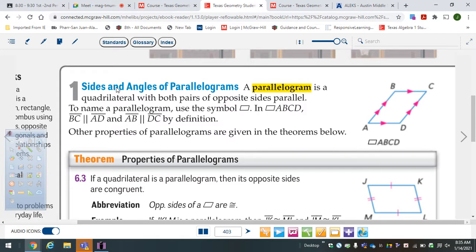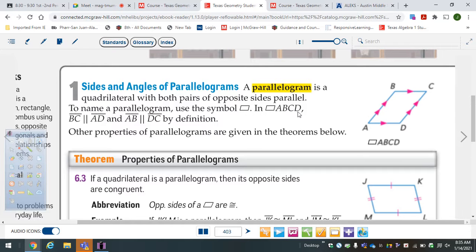Okay, so sides and angles of parallelograms. A parallelogram is a quadrilateral with both pairs of opposite sides parallel. To name a parallelogram, use a symbol. You see this thing right here? Like a slanted rectangle. That symbol now means parallelogram for us. In parallelogram ABCD,